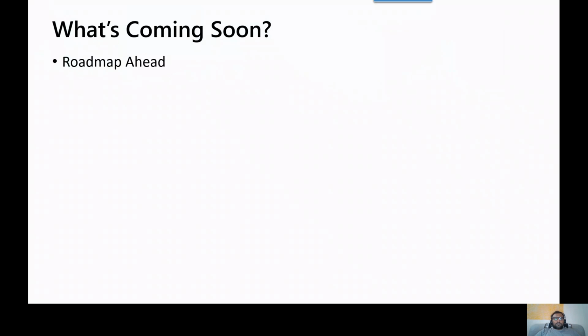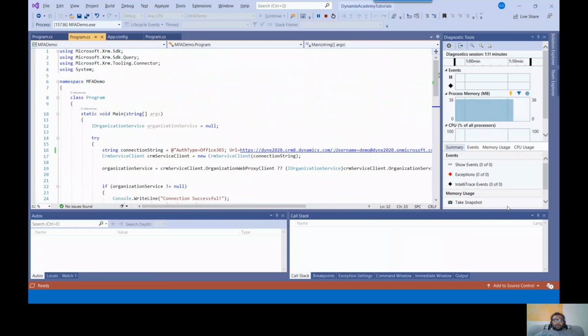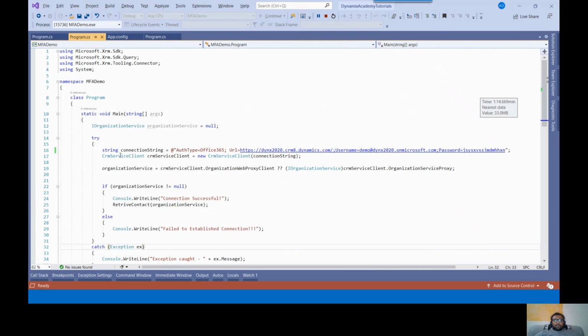The main logic is that you need to build a connection string and pass that connection string properly into CrmServiceClient, and once you have passed it, you will be able to successfully establish the connection.